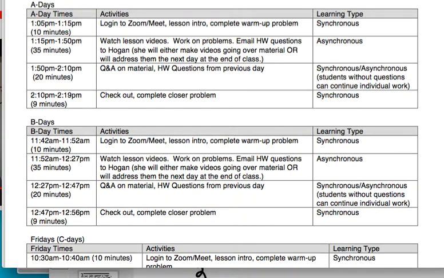The advantage to the videos is that you can go at your own pace. You don't have to cover the material during the time that we're asynchronous, but I would suggest it's a good time to do it. So you're going to walk through those videos. Now you'll notice there's 35 asynchronous minutes, but it's actually 55. Because what's going to happen is sometimes the videos run a little bit longer. I'm going to be available this entire time, but with around 150 on an A day, I'm going to just chime in on the Zoom or on the Meet and say, does anybody need any extra help?